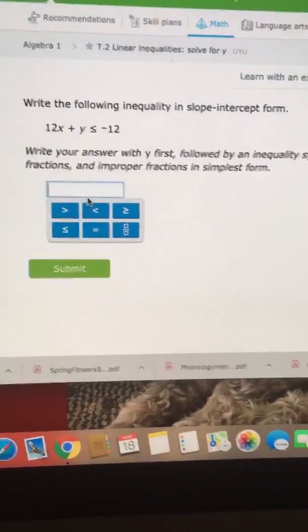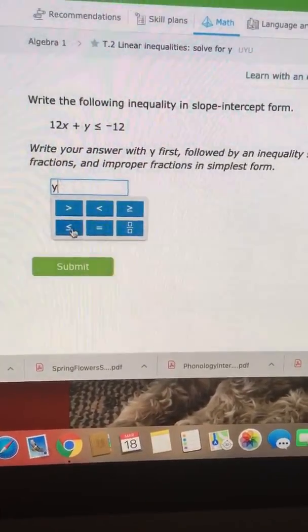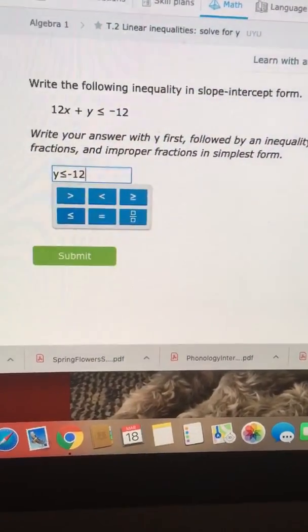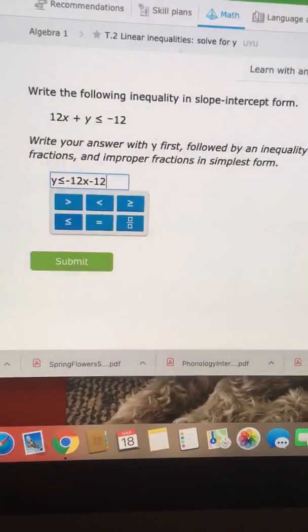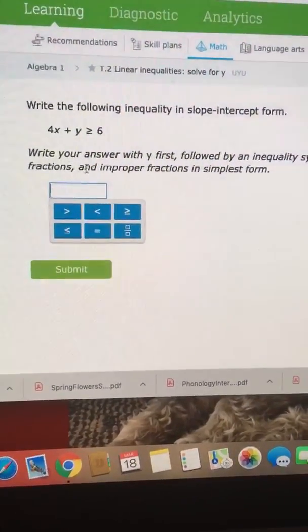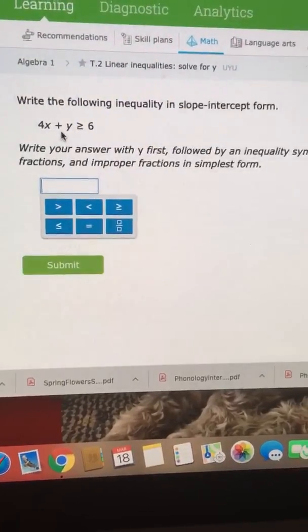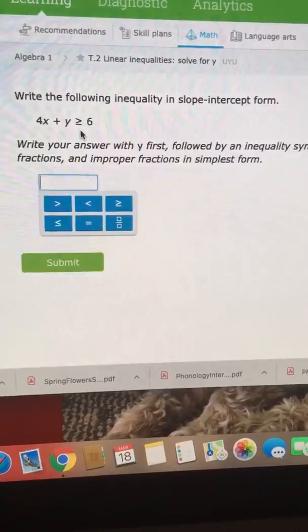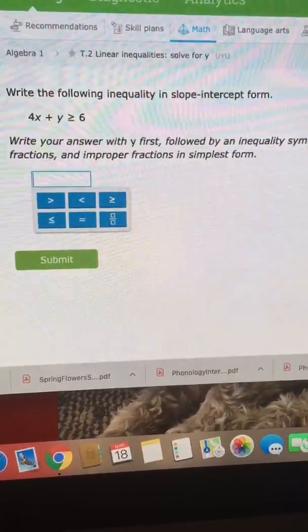So you would write y is, and you can use these symbols, less than or equal to, you're subtracting 12x, so negative 12x minus 12, and then just click submit. The only thing to remember for this is if you have a negative y at any point, you're going to have to flip the direction of your sign. So let's go back and check out